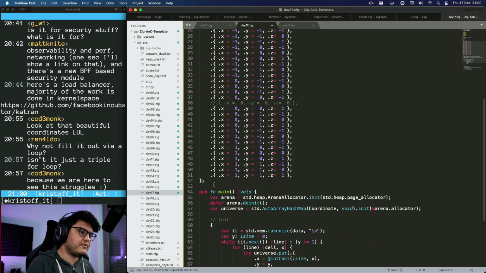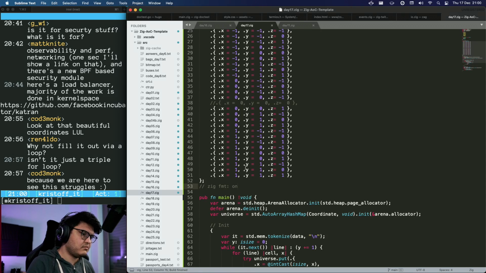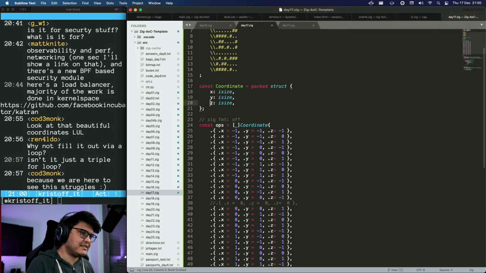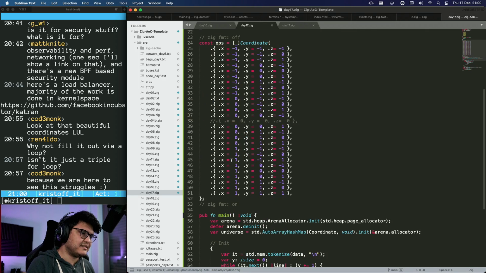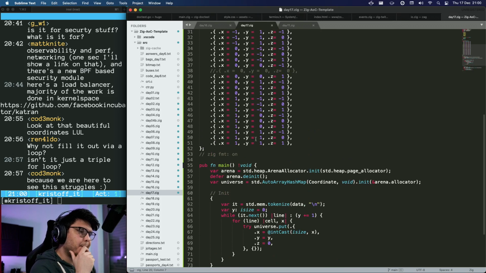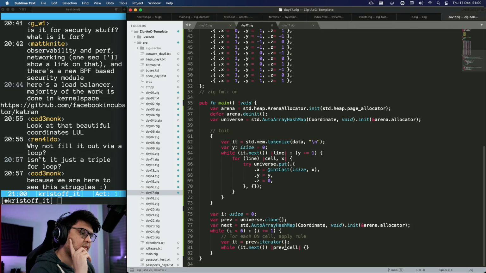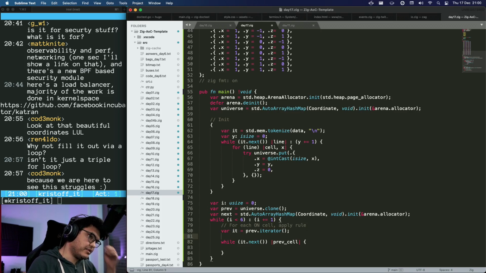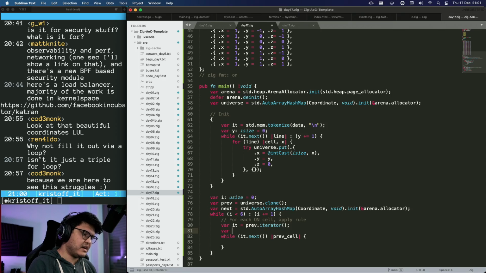So I think it was a matter of spaces, maybe. Nice. Let's see. Nice. Yes. Okay. So we have the previous cell, and we need to count all the things. So var, well, let's call it just neighbors equals 0. For each cell, then we do